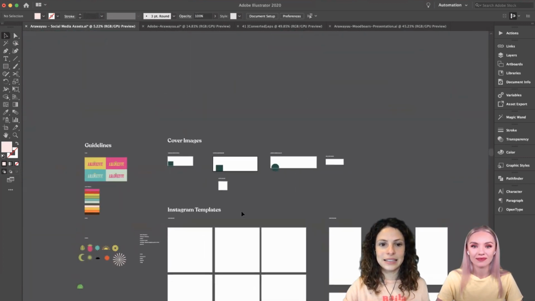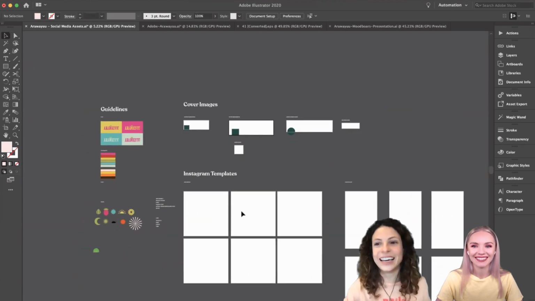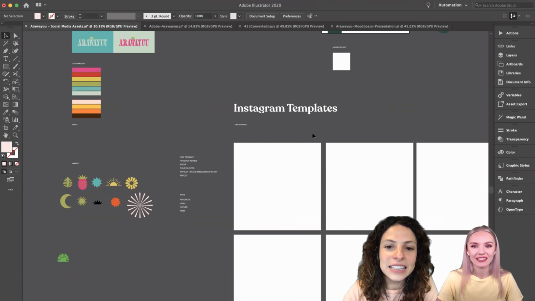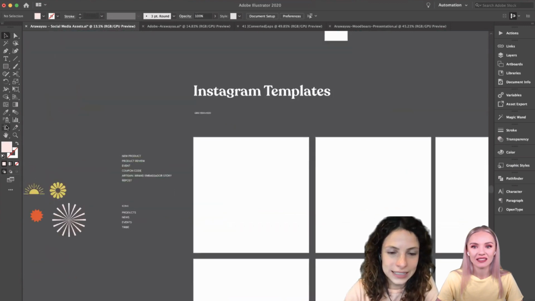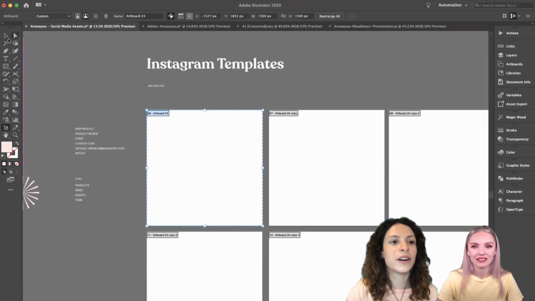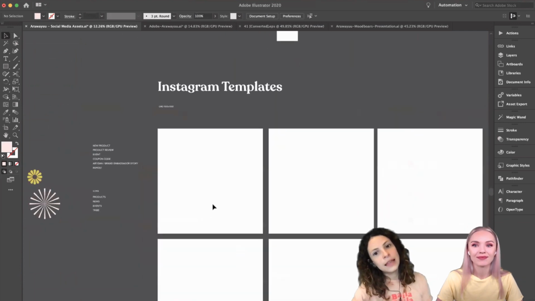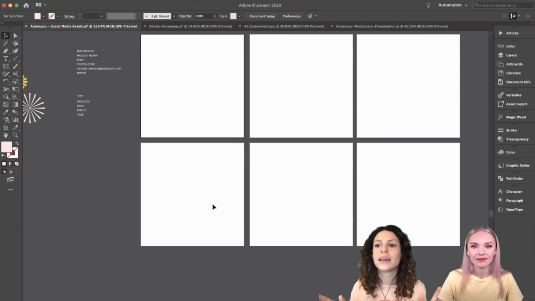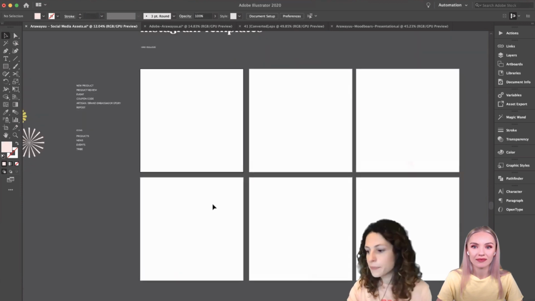It's a giant document with a bunch of things going on, but I create the boards, and these are 1,500 by 1,500 pixels, and I just create them side by side, because that's also going to help me see how they're all interacting together like they interact on the actual Instagram.